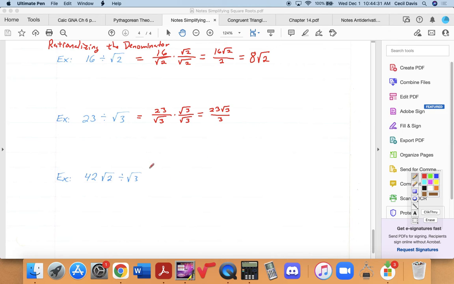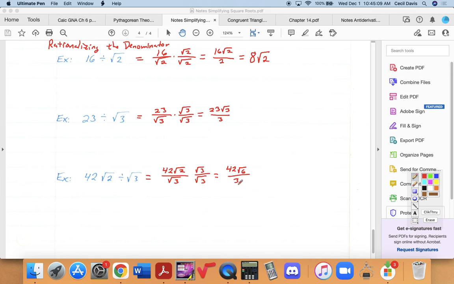Okay? All right. I'm going to try this one. It's not too bad, actually. 42 square roots of 2 divided by the square root of 3. What are we going to multiply by in order to rationalize the denominator? The square root of 3 over the square root of 3. And in the numerator, what are we going to get? Exactly right, 42 square roots of 6